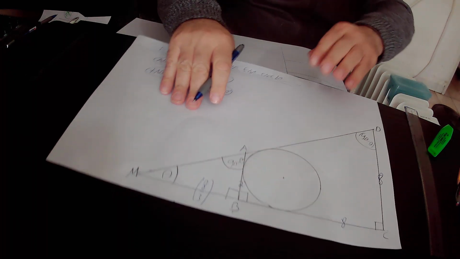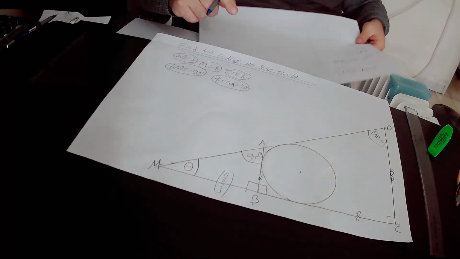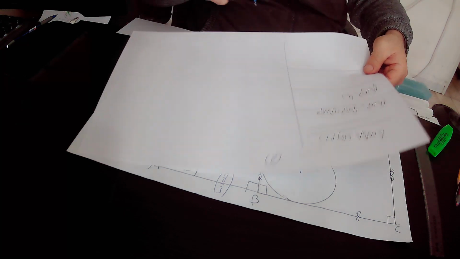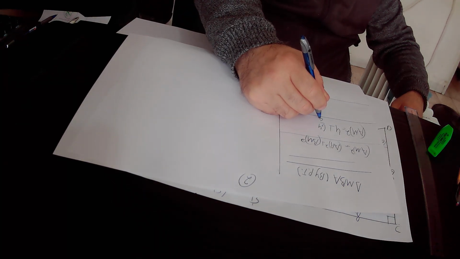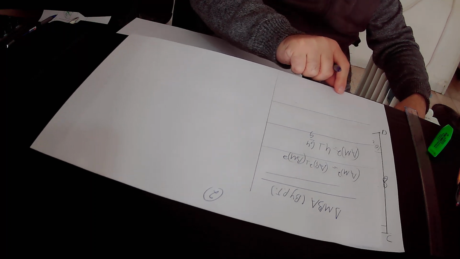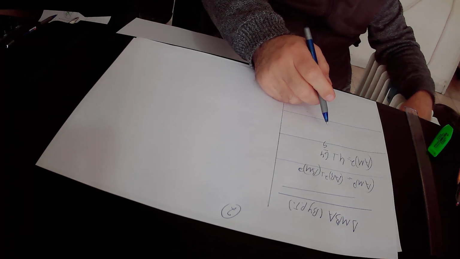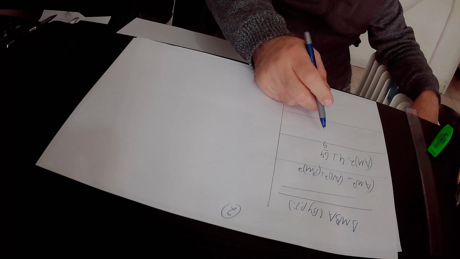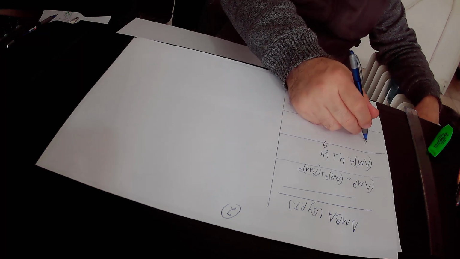We just found that BM equals 8 over 3, therefore BM squared is 8 over 3 squared, that is actually 64 over 9. Here we multiply 4 by 9 and then divide it by 9 in order to have a common denominator with 64 over 9, and we get that AM squared